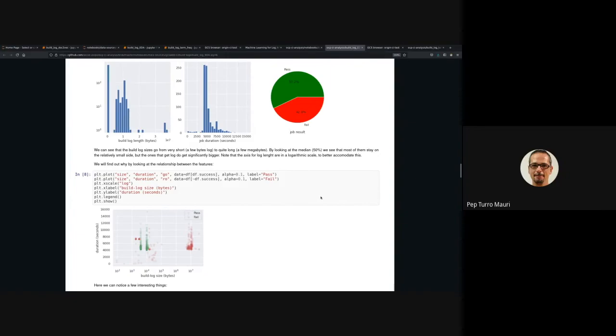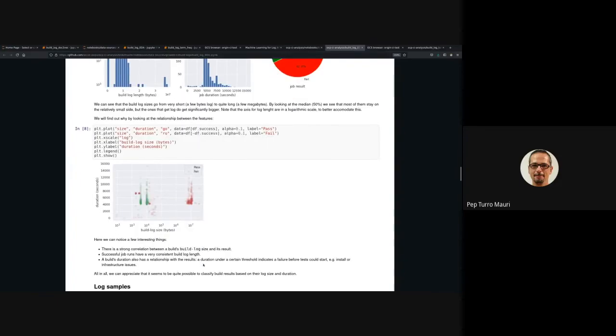The interesting part is when you plot those three together. So this is duration versus log size, colored by pass or fail. You can already observe something. We can see that successful builds are quite homogeneous, and you have those two columns of success here. And then a big chunk of the job runs that fail are here, with a few scattered around the successful builds. The reason why this looks like this is because